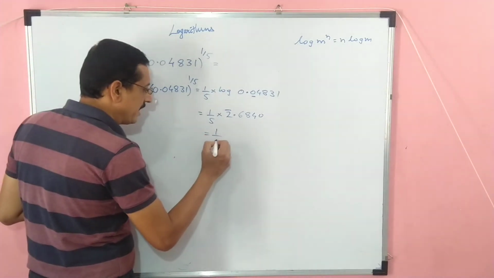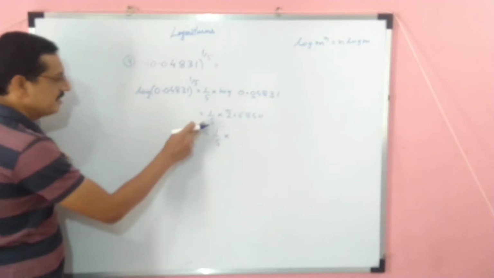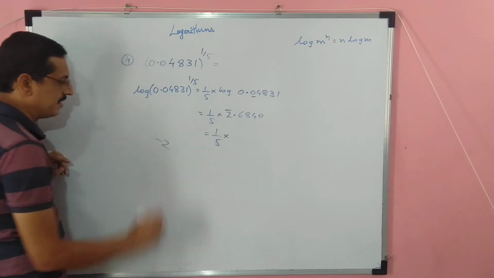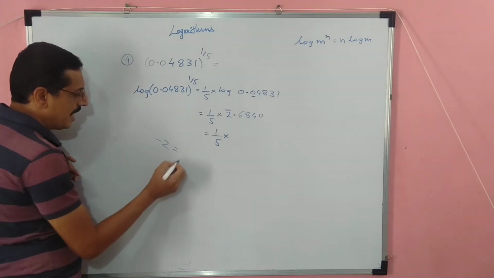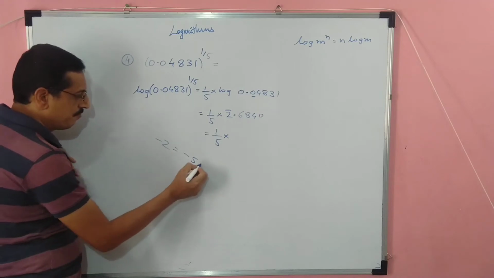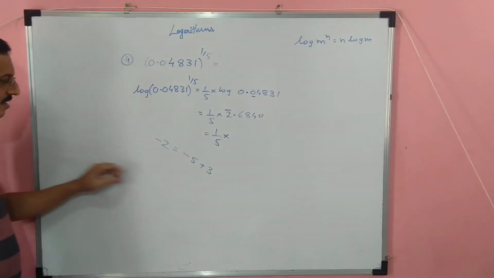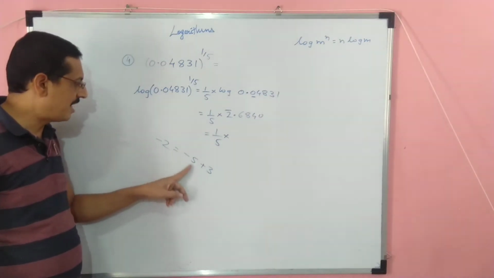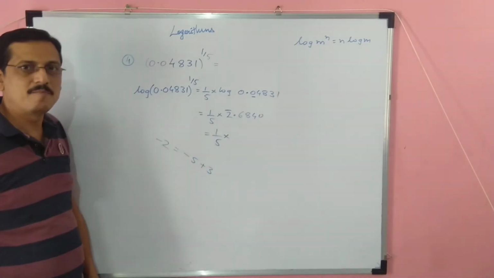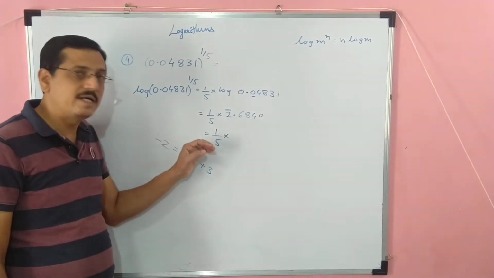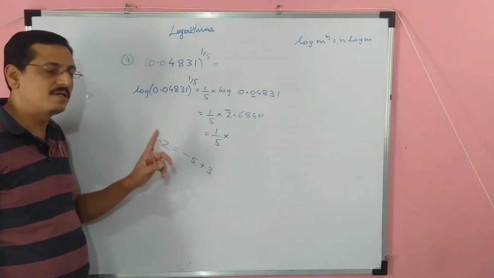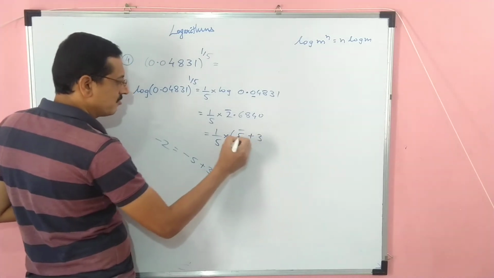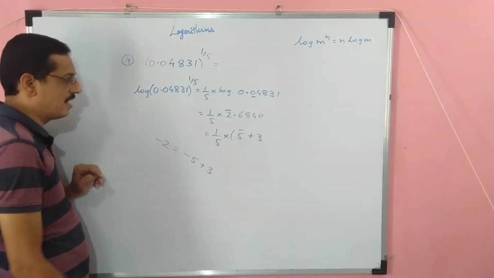So how to adjust the characteristic now? It is 1 by 5 into, this time I wanted to divide it by 5. So I have characteristic -2. So this -2 I will write as -5 plus 3. Check, student, is it correct? -5 plus 3 is nothing but again -2. Why have I taken -5? Because I wanted to divide by 5. So the value by which you are dividing, you have to take its negative, meaning in bar form. So it is nothing but bar 5 plus 3. So -5 plus 3 is nothing but -2 only.